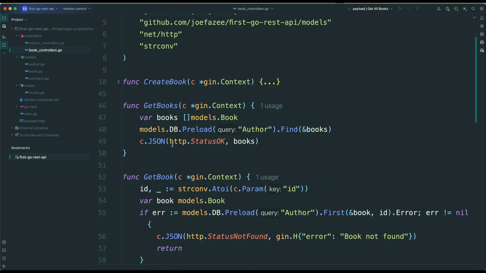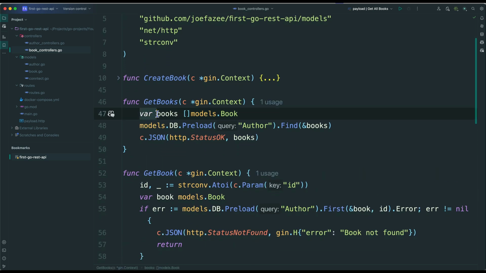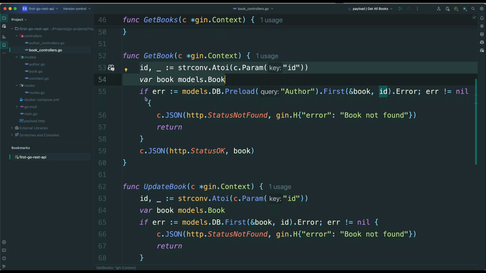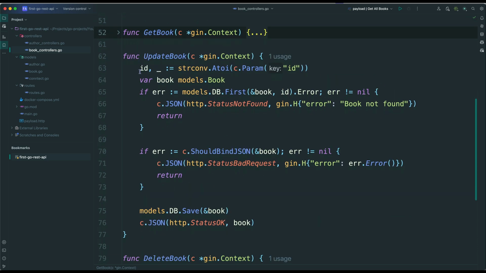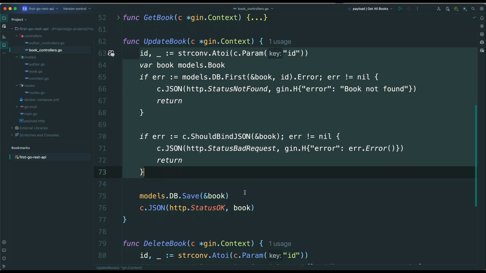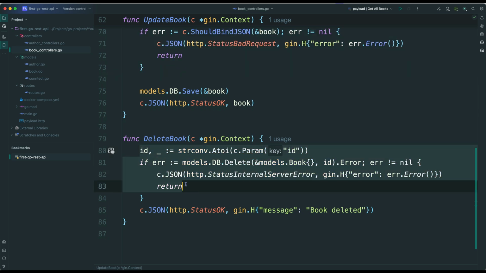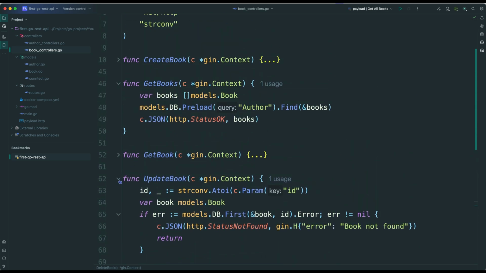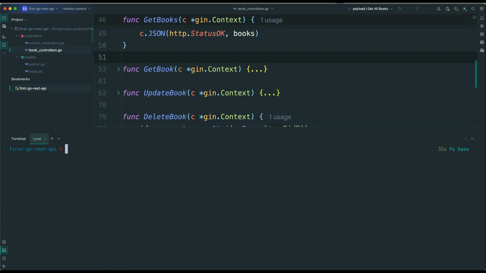For the get books, you see, it's very simple. We've done it before. We created the slice here, and then load the books from the database, and return it. Getting a specific book, the same thing, just like we did with the author. Updates, very similar, same thing. Delete, same thing. So nothing special, nothing complicated here at all. So we have all the endpoints, and I'm going to go here and run the code,